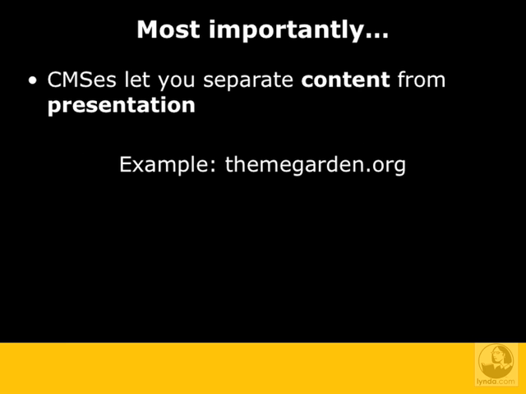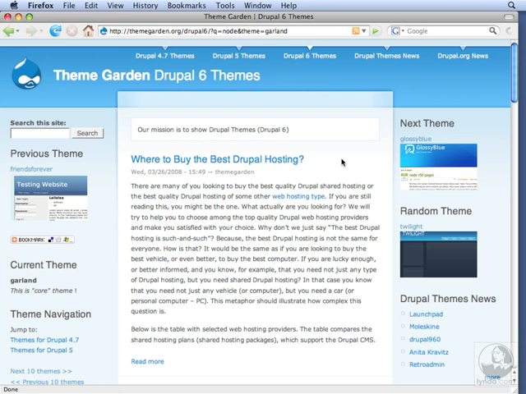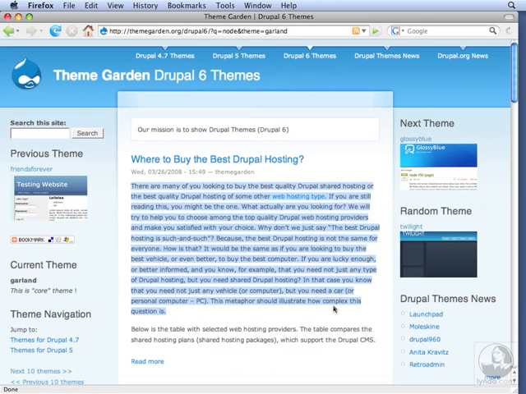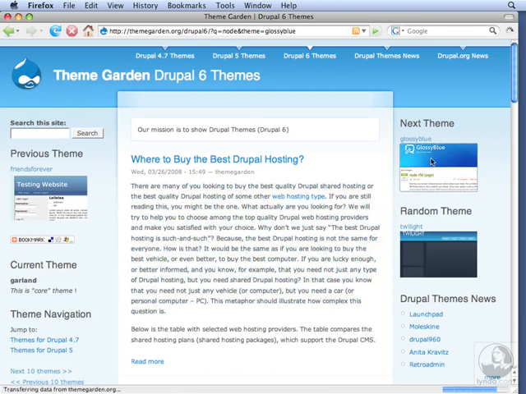by showing you a site that shows many different types of Drupal themes called themegarden.org. This is themegarden.org. At the top, you have the name of the site. You have menus, Drupal 4.7 themes, Drupal 5 themes, and so forth. You have columns here with additional navigation. And then in the middle, you have what's really your main content. This article was written by somebody who probably was not the site administrator per se, but was just somebody who does the writing. Now let's go to another theme, this one called Glossy Blue.